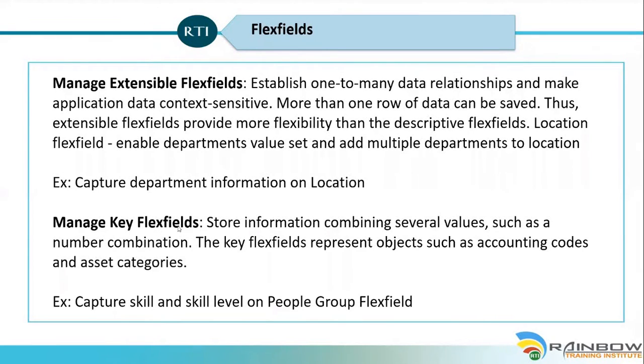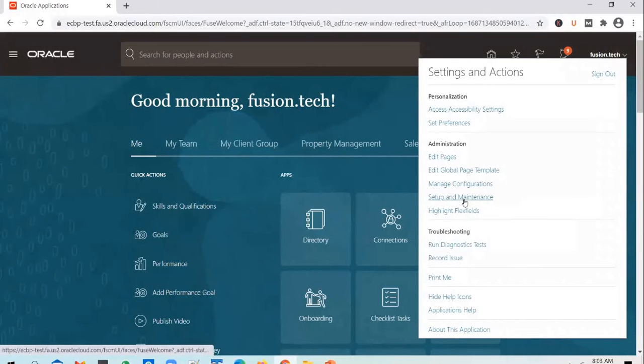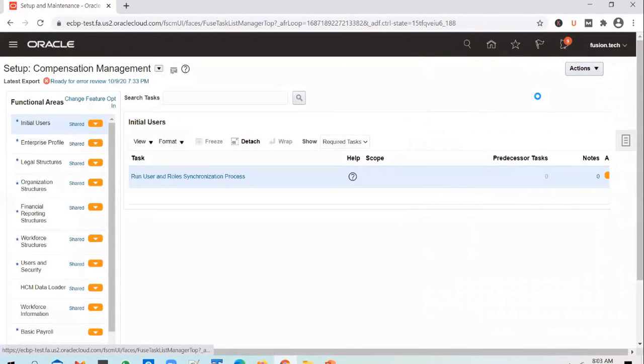So if you want to see what are the key flex fields available in the instance, all you have to do is log into the instance, go to Functional Setup Manager, go to Setup and Maintenance, and go to Global Search.